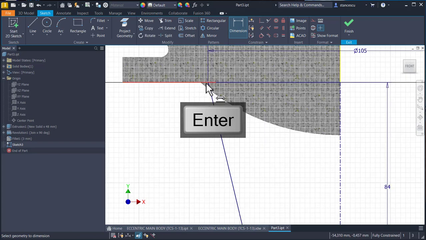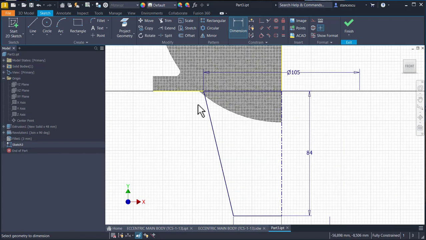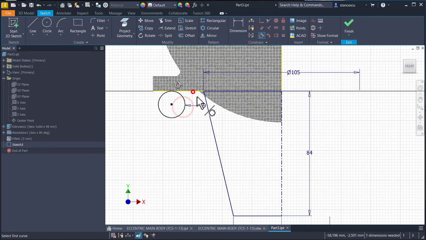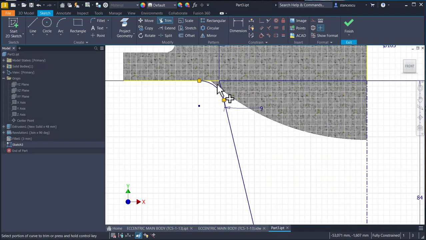And you see here a problem, so that we create now that fillet of 9 tangent to both lines, trim here, to cover this